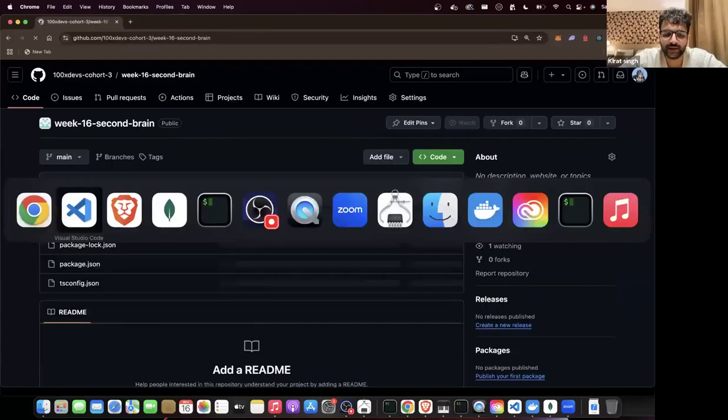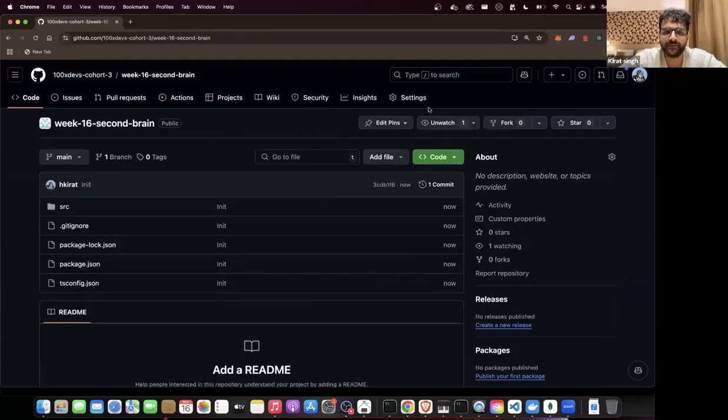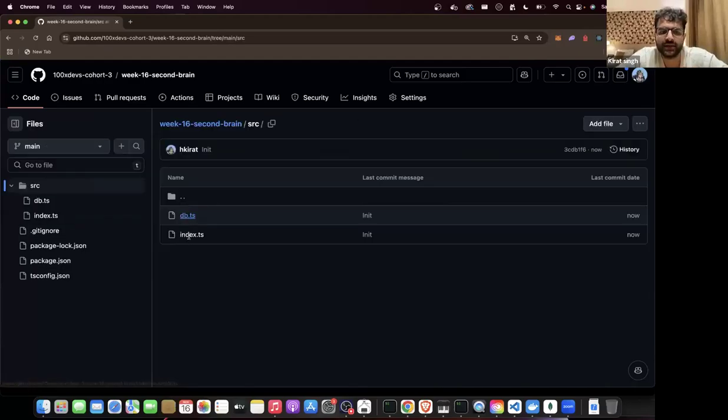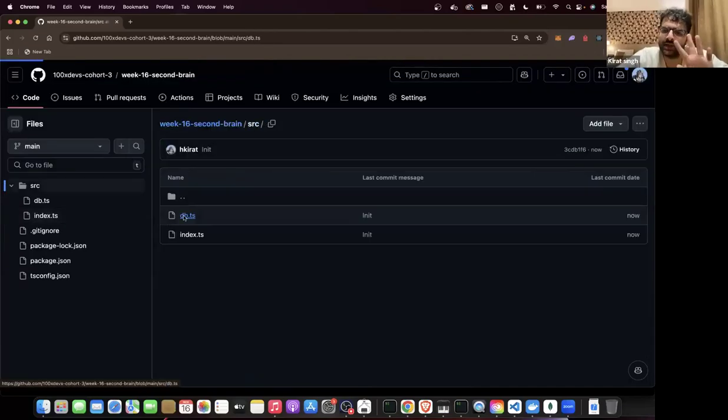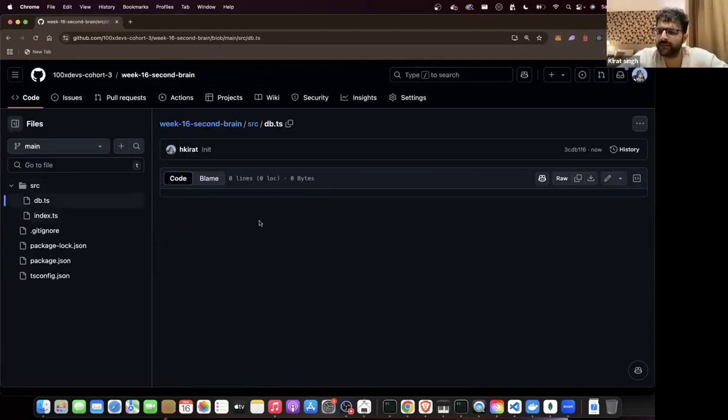All right. This is the link to the bootstrapped application. After this, try to code a little bit. Until then, let me take you through the architecture of how you actually build a second brain. What is left that you should add? One more thing is source index.ts, and that looks right. Just recapping it. Source db.ts. Our work will get done with these two files.